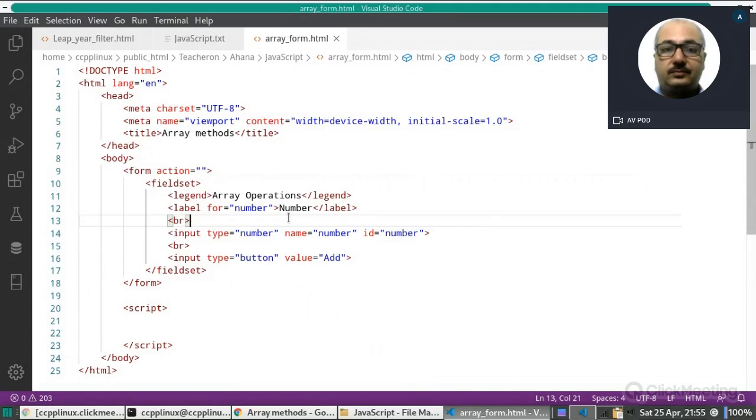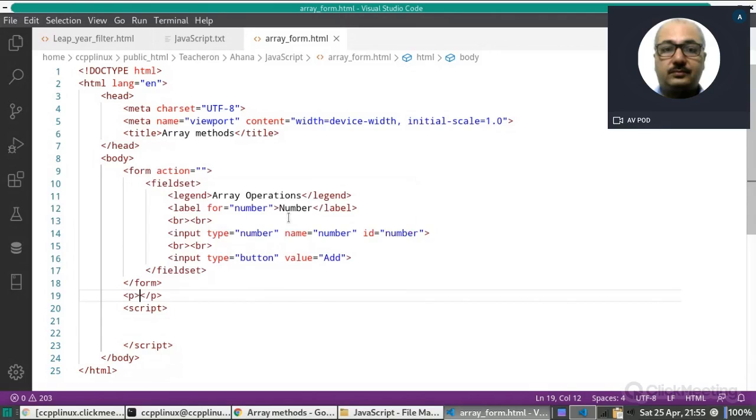Let us put one more br also. For displaying all the numbers after the form tag, we will create a div tag. We can also create a p tag, anything. Do you remember the p tag? P for paragraph.